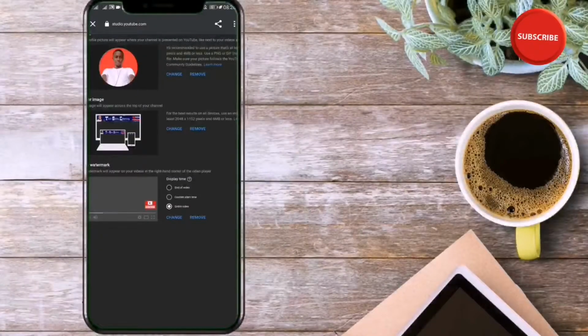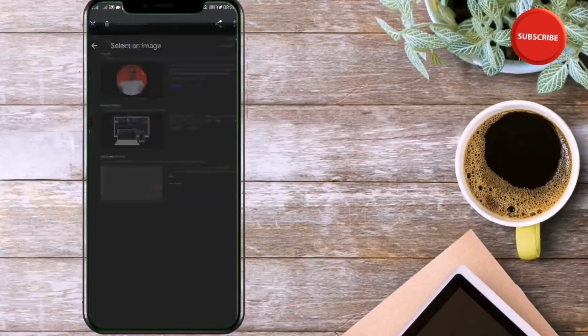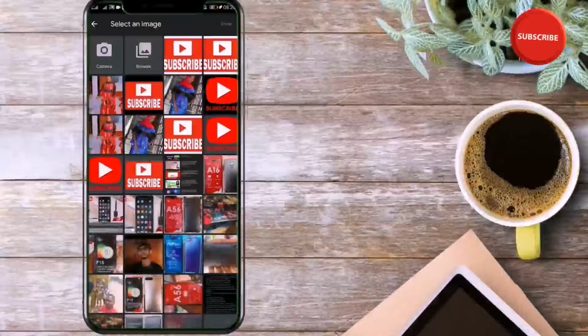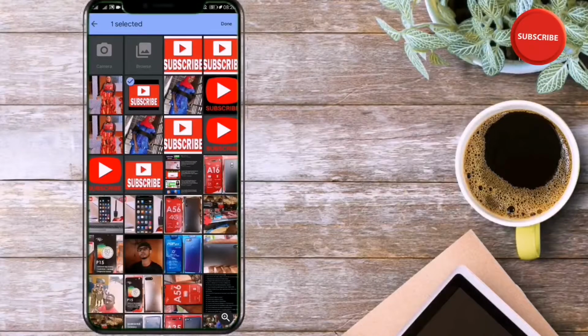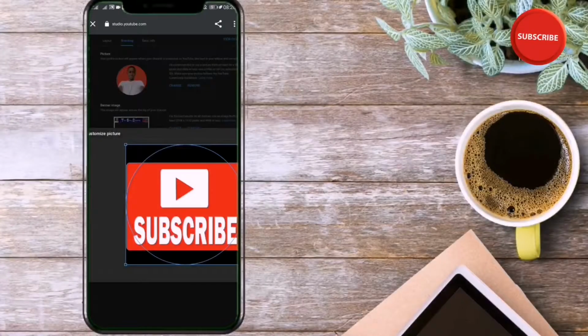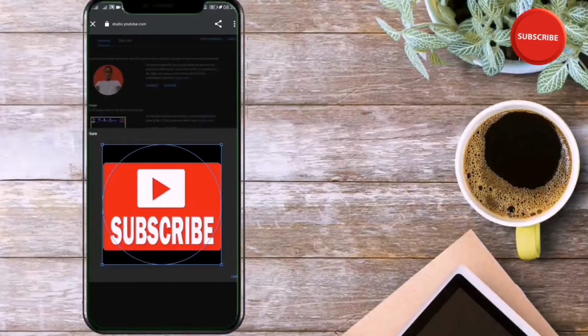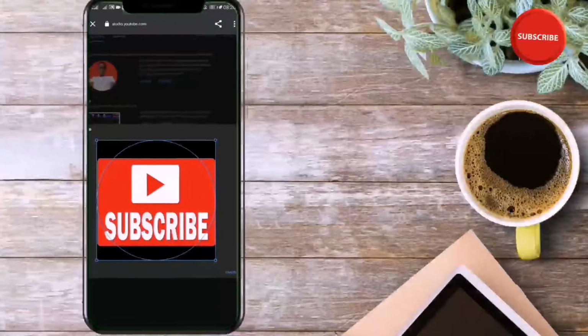All right, so in this case, guys, we just have to change it. As you see, guys, for me, my watermark is already there, but let me remove it. Okay, so I need to put there a new watermark. All right, guys, so I just need to select any watermark that I want. So as you see, I have a lot of watermarks. All right, so I prefer choosing this one. Done. All right, this is it, guys. Yeah,